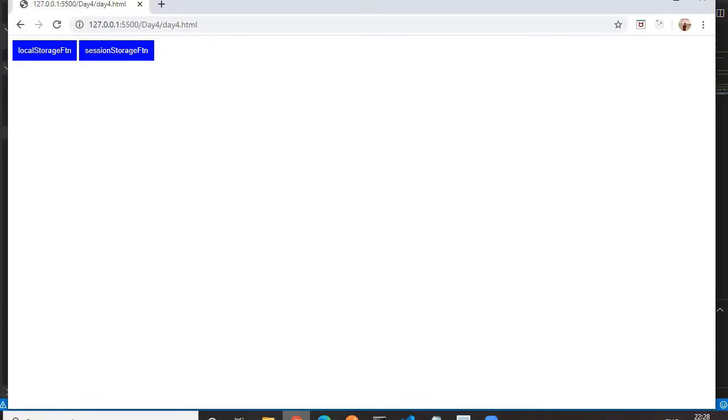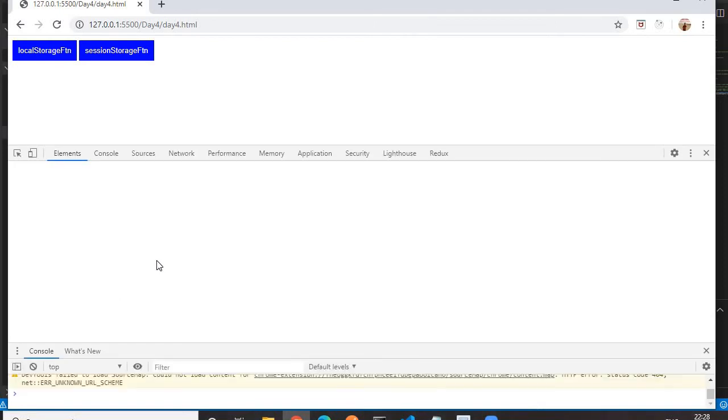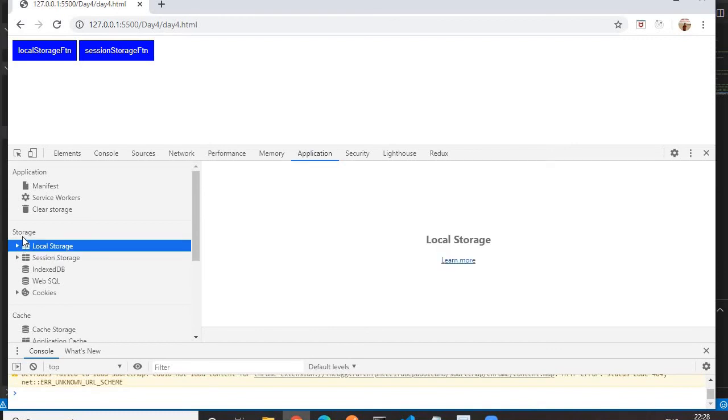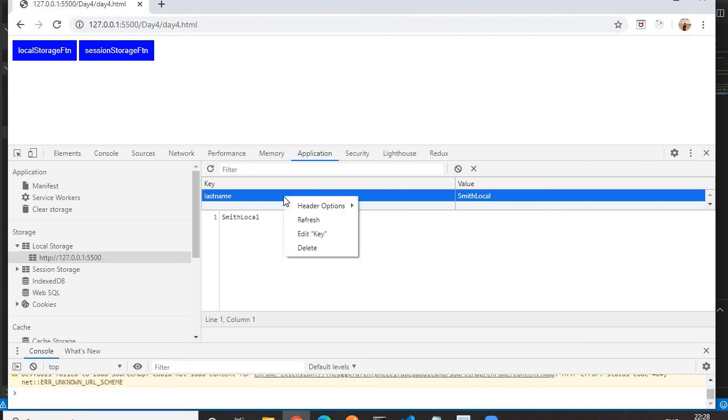So let me show you. Right click on the website, go to inspect element, and go to the Application tab. You will find the storage here. We have two kinds of storage: local storage and session storage. This is the local storage. In the local storage, let me clear this. I have stored